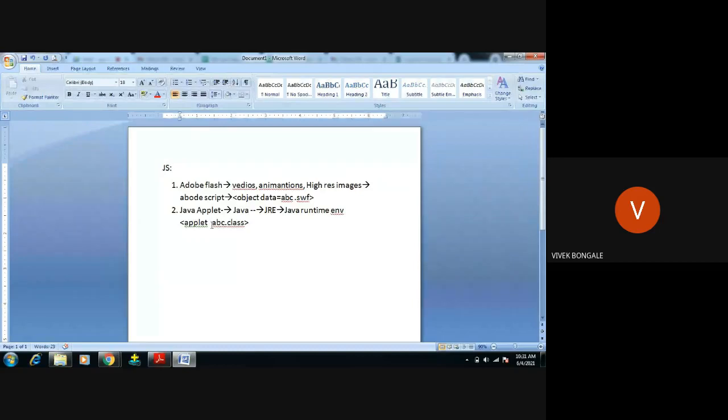Then only that particular applet will execute and the corresponding result will be displayed in that web page. Otherwise, it will not display. If the Java applet is running, the server or the operating system requires a virtual machine. That is the Java runtime. And we can specify this applet code in our HTML code with the help of a tag called applet